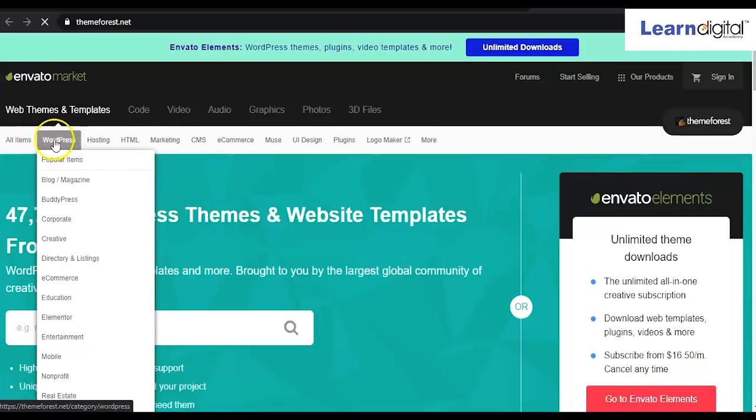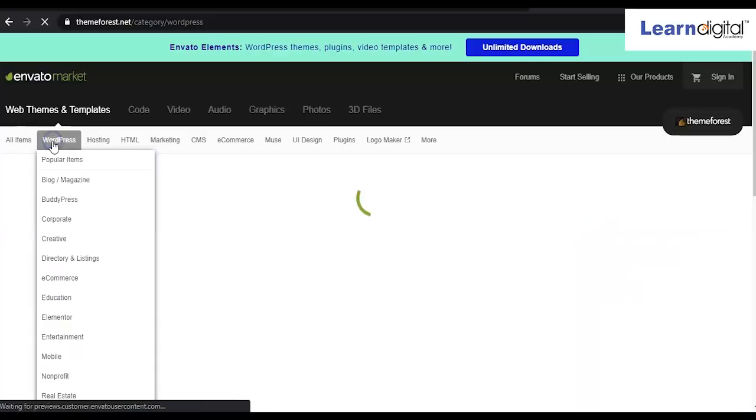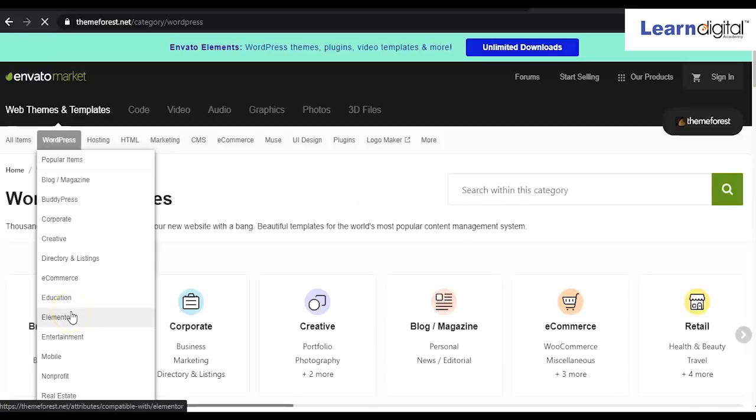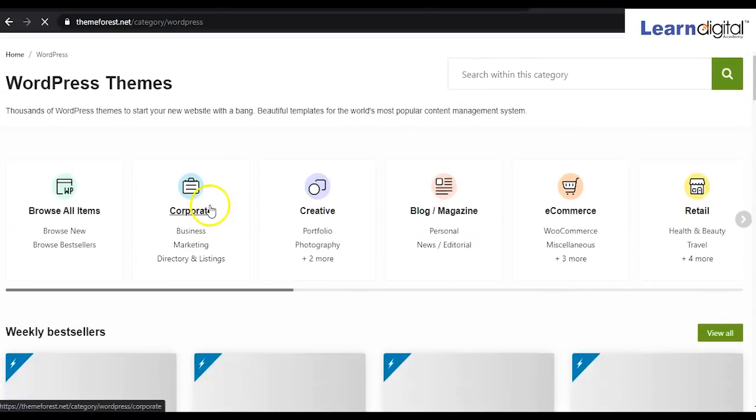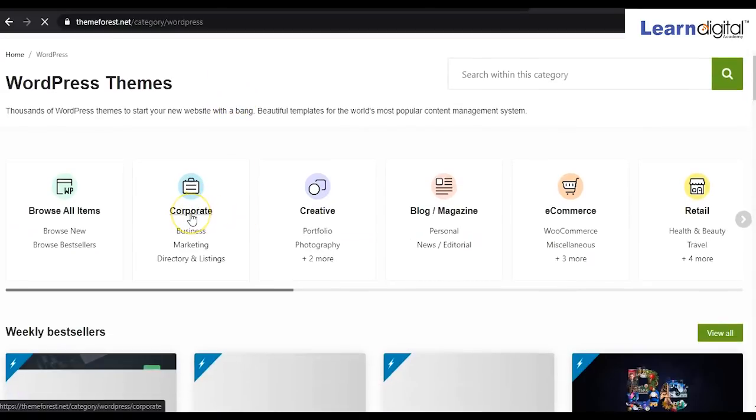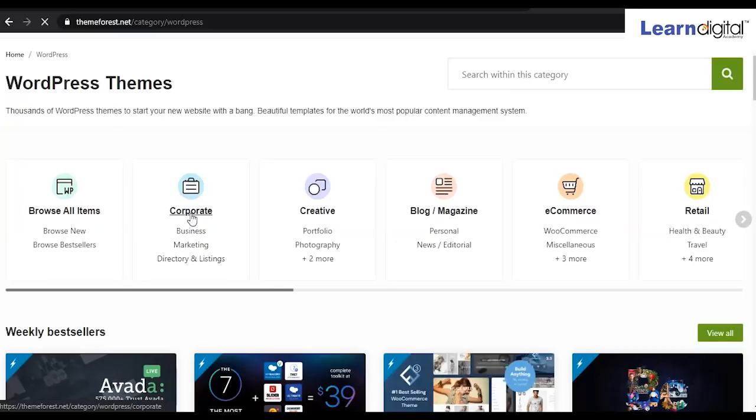If you want to take a WordPress theme, click on WordPress. Here the categories are given, like whether you are going to create a blog or magazine, or corporate for your business, or you want to create an e-commerce, education or organization website. Accordingly you can select that, right? Suppose you want to create a corporate or any business website, that type of theme will be coming.